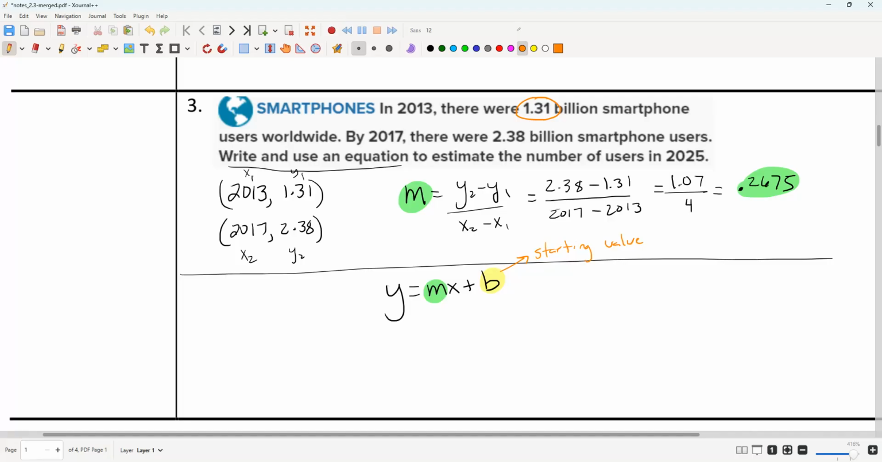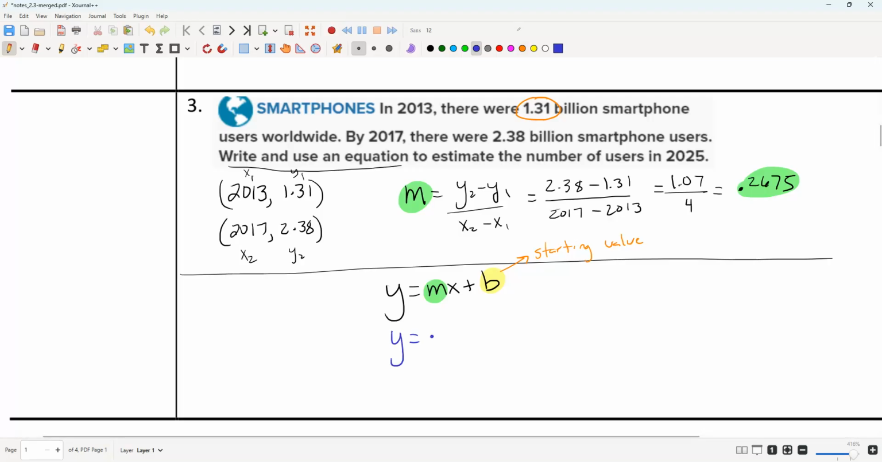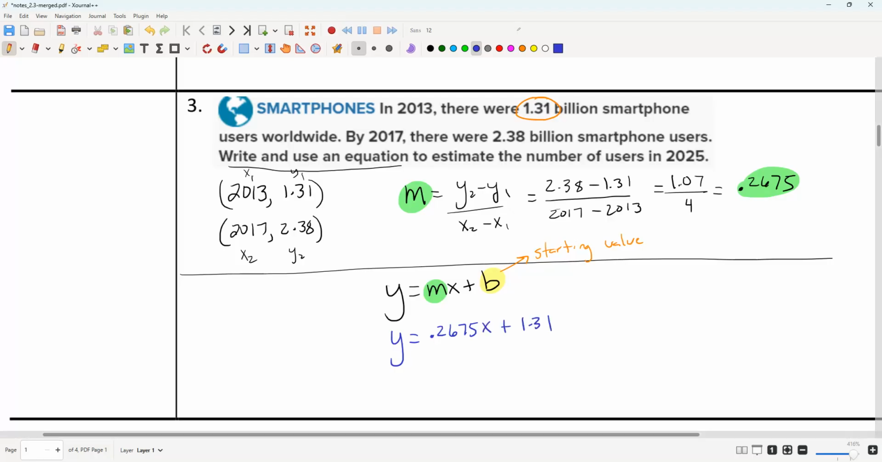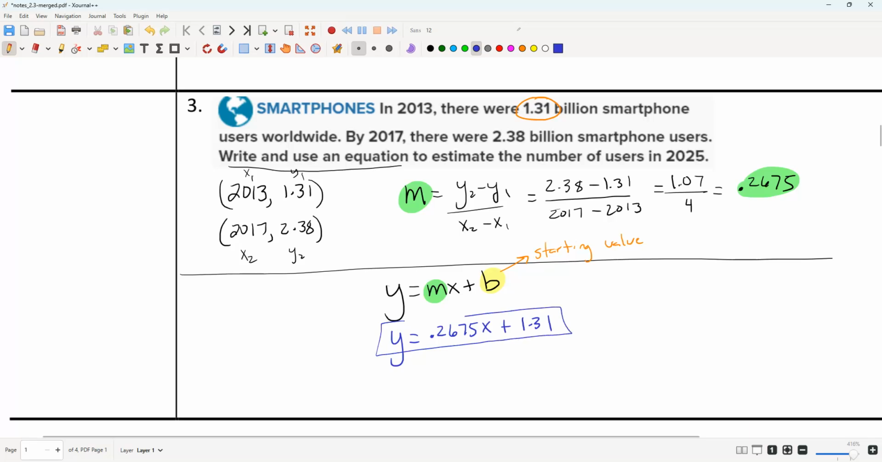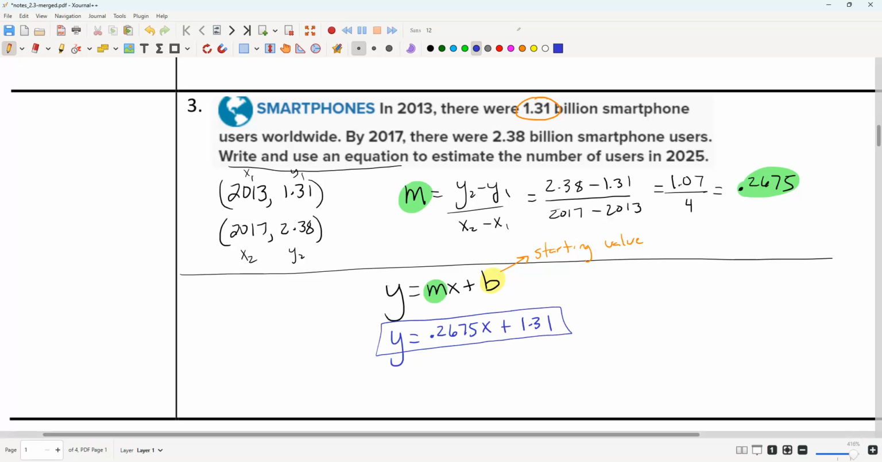Okay, because in 2013 we're starting this. This data starts in 2013, and that's where it was. So we can write our equation as y equals 0.2675x plus 1.31. There's our equation right there. Now, because we chose 1.31 as our starting value, we want to define what x is equal to here. So we're going to define x as the years since